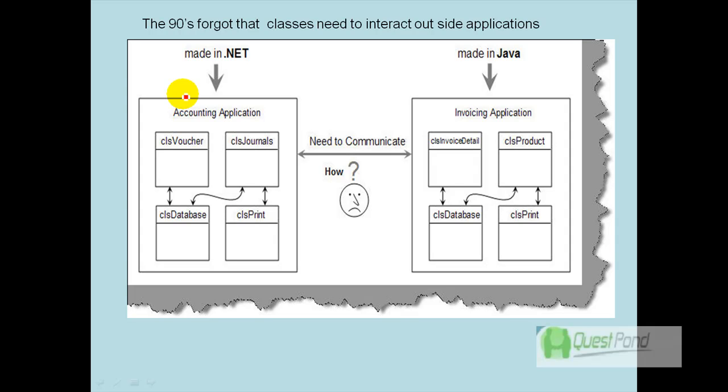For example, you can make a class in .NET, but if you want to call that class using Java, it was very difficult, because every company, for example Microsoft, .NET belongs to Microsoft and Java belongs to Sun. Everybody had their own proprietary way of compiling programs, and due to this, it was very difficult to call classes made in one language from another language. So people said that definitely this is a problem, and they said let's think in terms of messages.